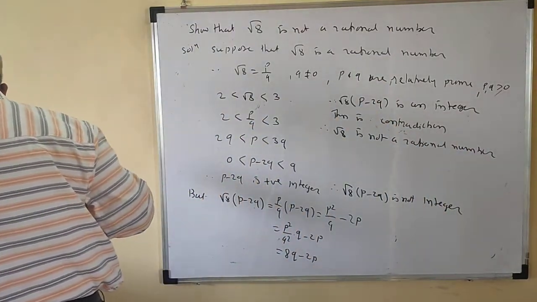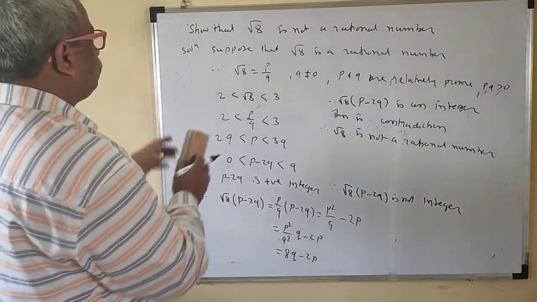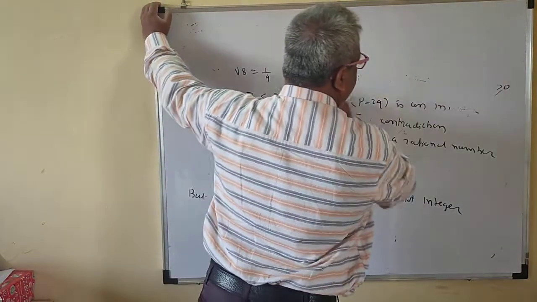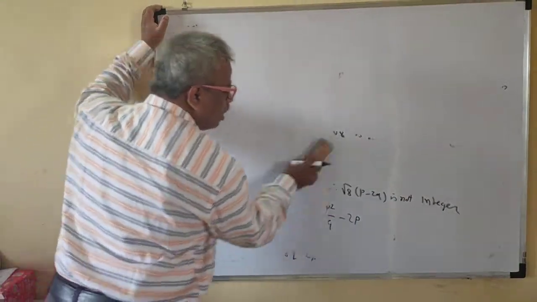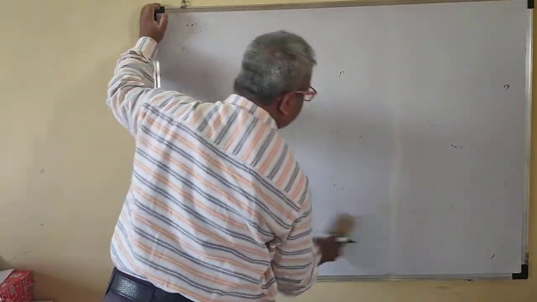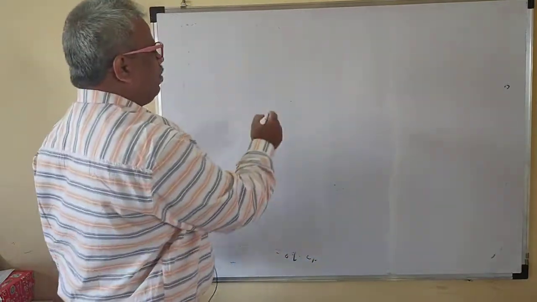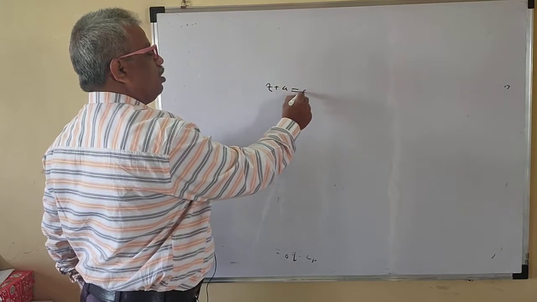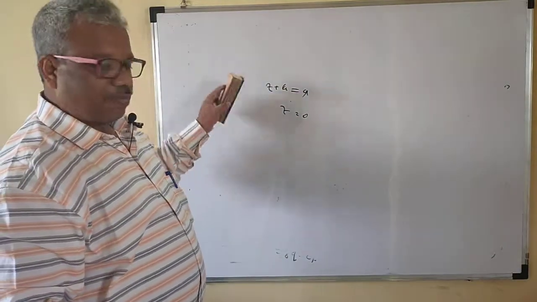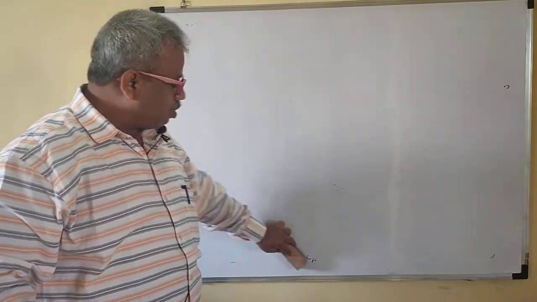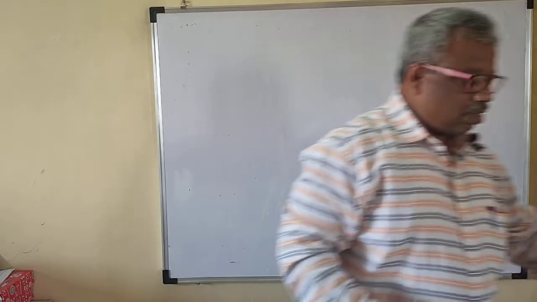So we are through now. Okay, so we'll stop here. I hope that you understand this one. This is a very important property for the set of real numbers. We know this, we can apply this, but here what we have proved is this one. Okay, so we will stop here.